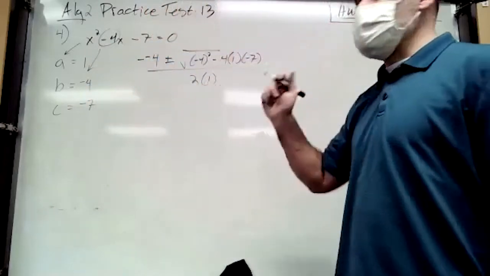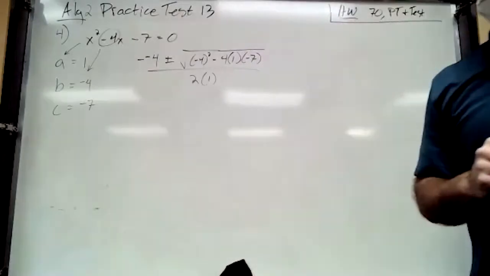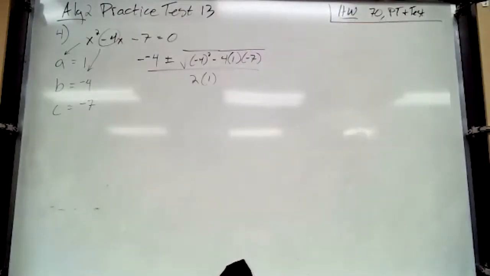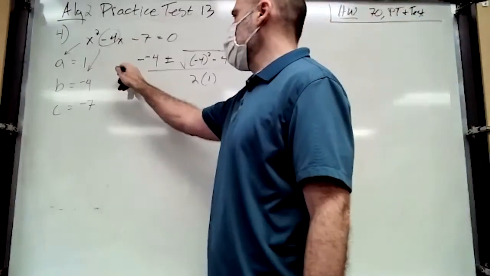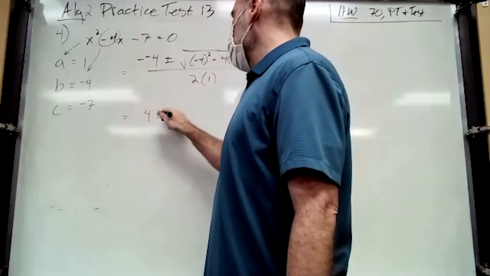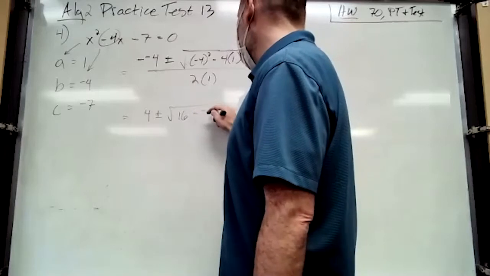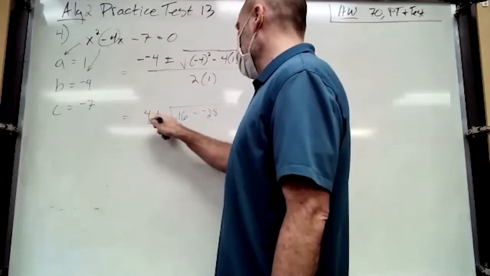So this is me just replacing a's with 1, b's with negative 4, and c's with negative 7. Negative 4 is just 4. Plus or minus the square root of 16 minus negative 28 all over